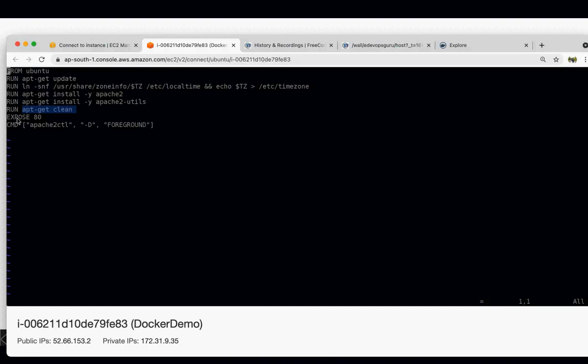A container is nothing but software running in an isolated environment with its own libraries and binaries. So if you want to access any software running inside a container, you have to expose a particular port, otherwise you won't be able to access anything running inside it. Since this is an HTTP server running inside, we have to expose the port on which this server would be listening. The Apache server listens on port 80, so we have exposed port 80.